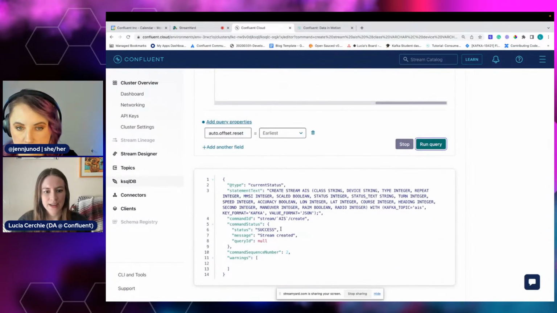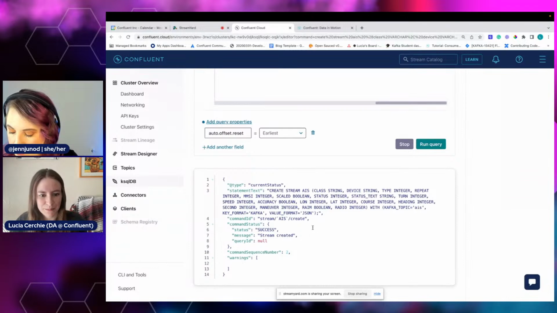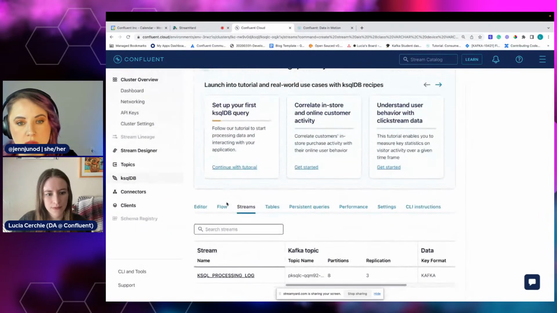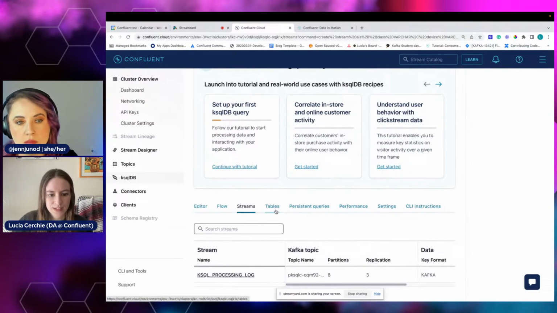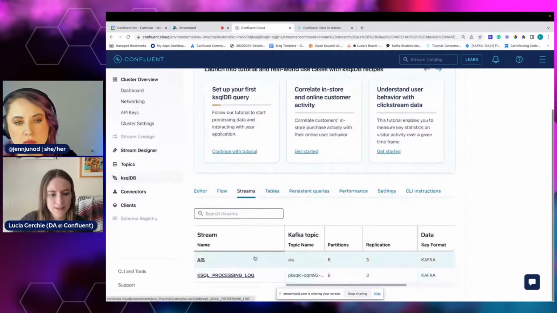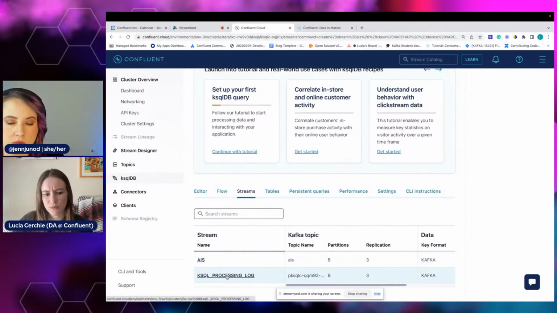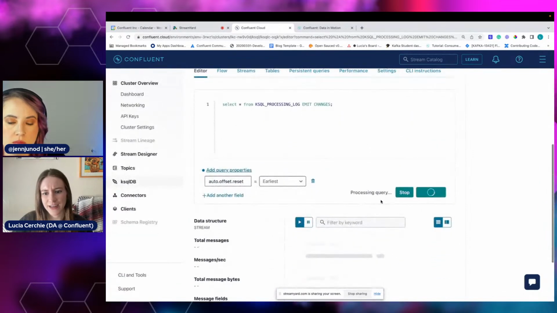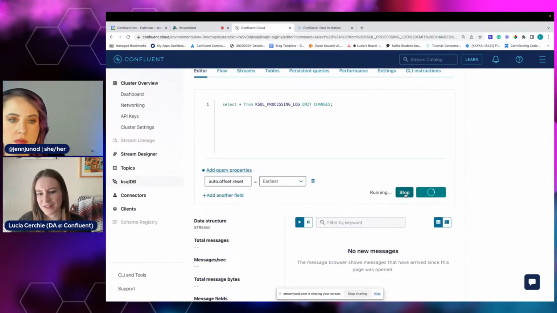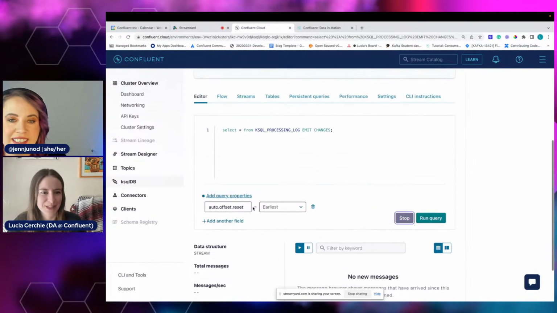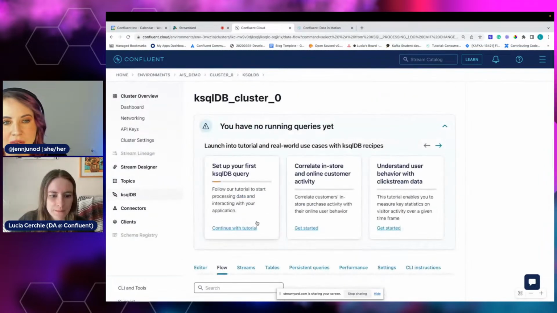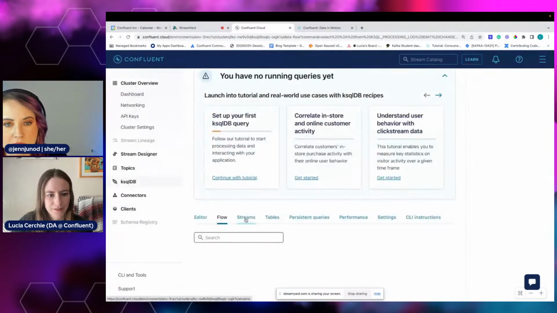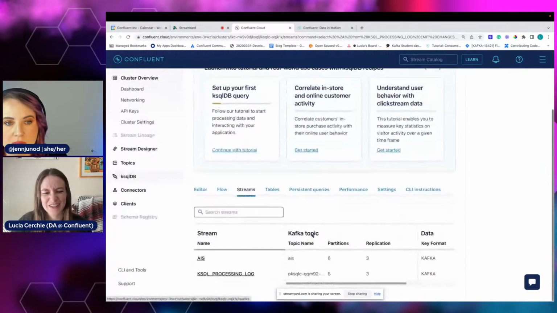we get a response with a success status. That's what I'm looking for. And if we go over to the streams tab, we'll see it come up in a minute because we just created it. There it is. Side note, this KSQL processing log is cool. You can query it and get errors if your streams aren't working the way you thought they were. Good thing we're not seeing any messages right now. That makes me happy.